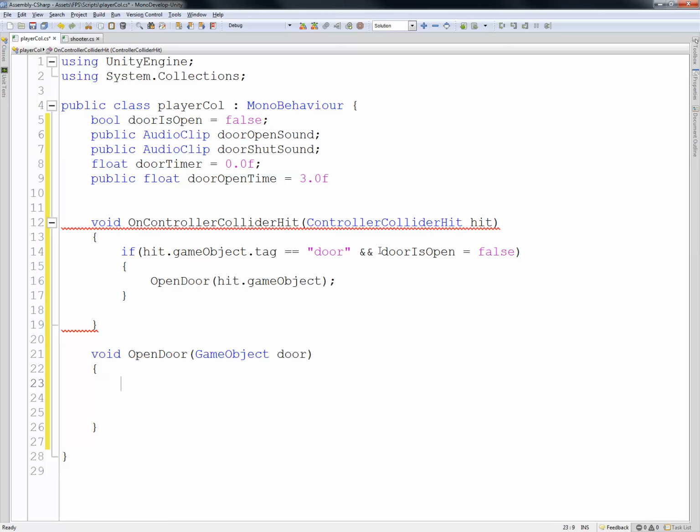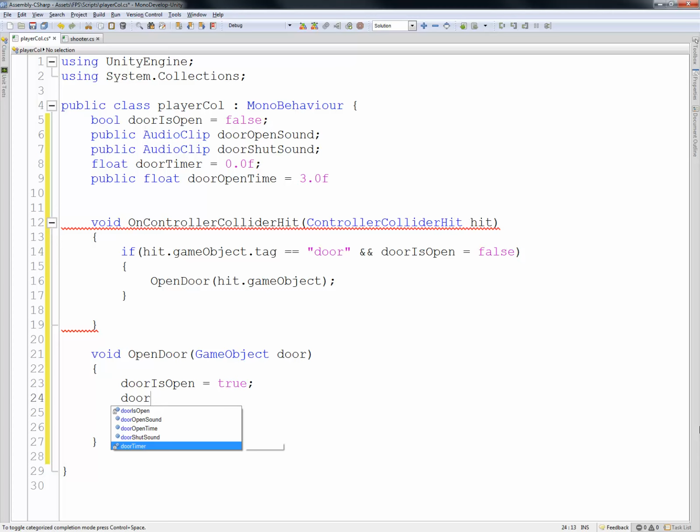Alright, so the first thing I want to do is set this to true so it doesn't keep opening and closing in a looping manner. So the second we bump into it, it's set to false. So let's just go ahead and set this to true, because the door will be open. Alright, and then let's do door dot, you know what,